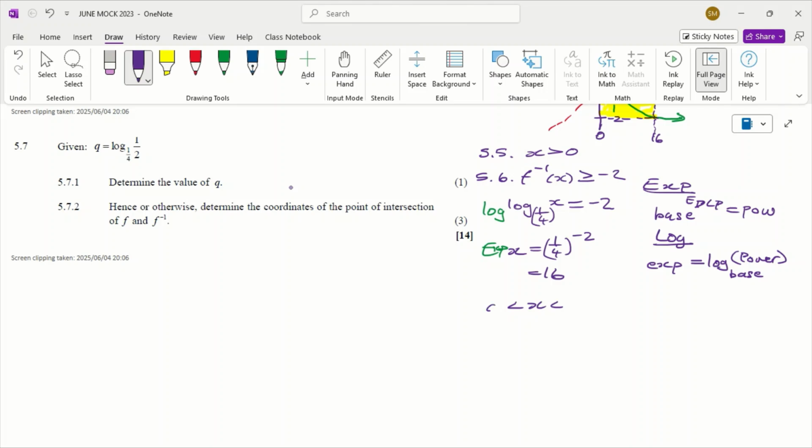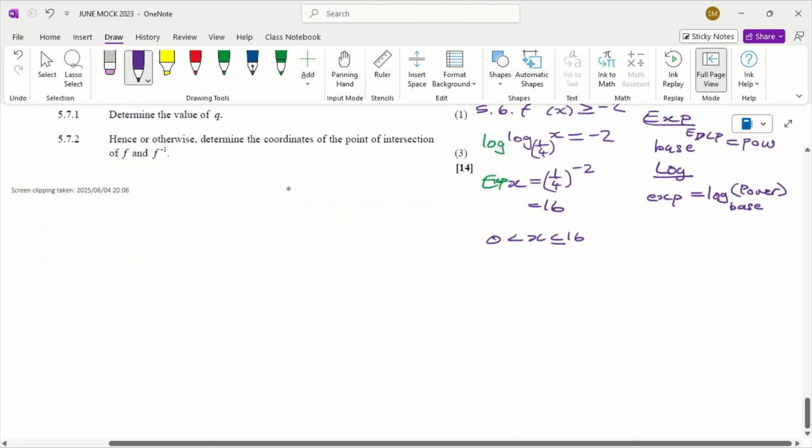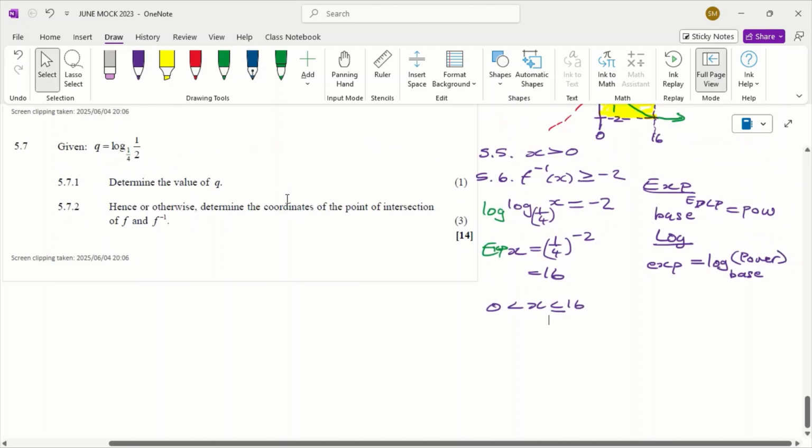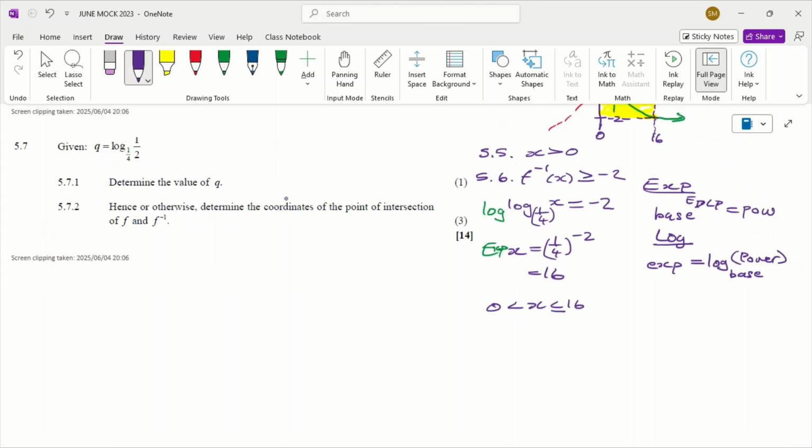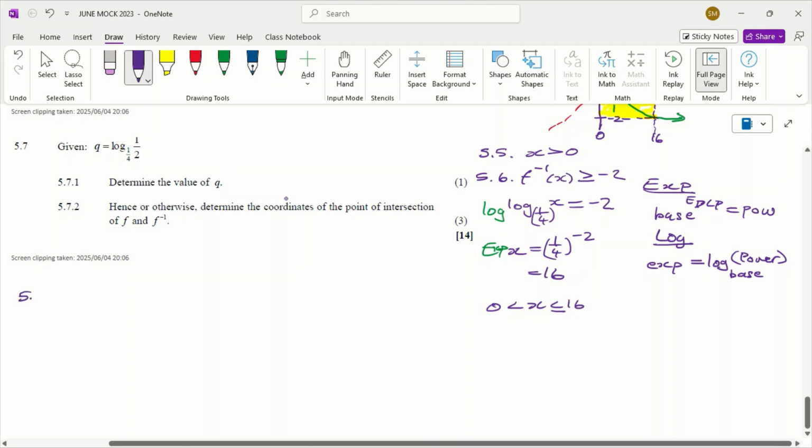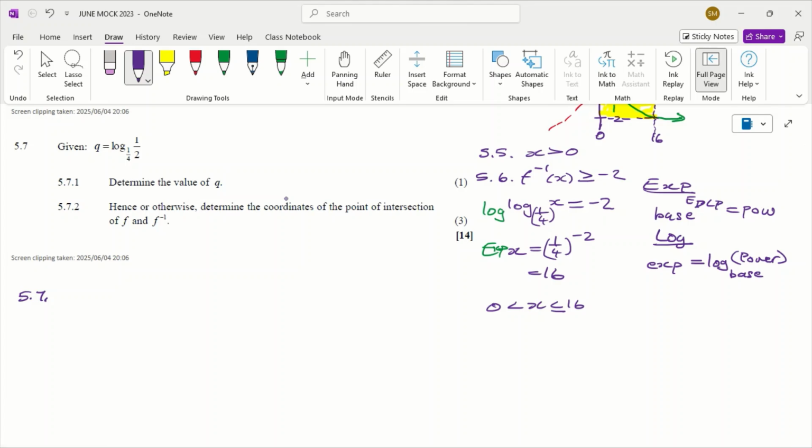For 5.7, we have q is equal to log base 1 over 4 of 1 over 2. So you remember, we have y is equal to log base 1 over 4 of x. So over here, our x value is equal to 1 over 2, and then we need to find q. So now if we press our calculator now,